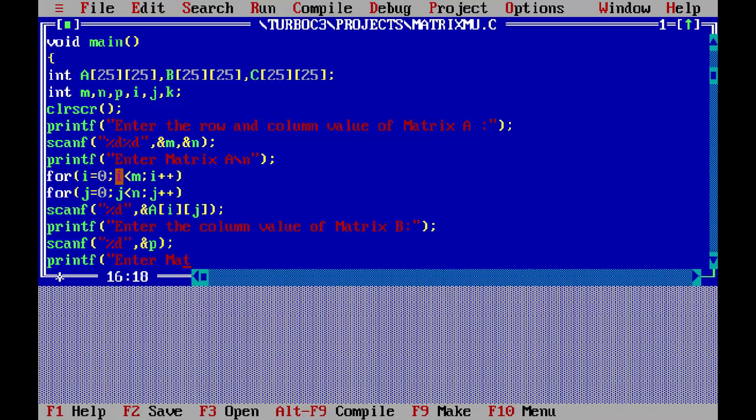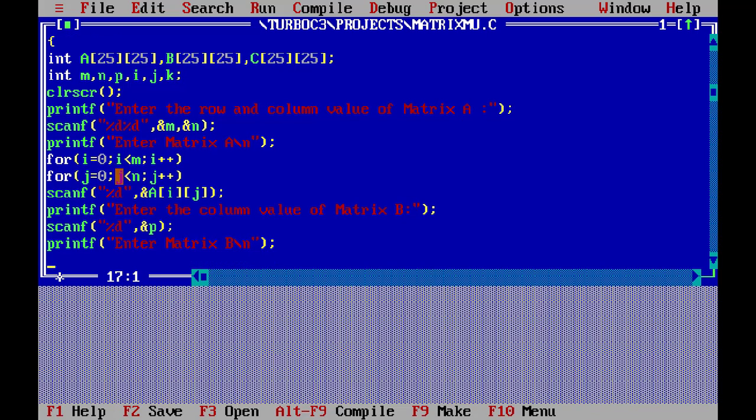Enter matrix B. As usual, you put a \n for a clearer input process. Next you start the loop with I varying from 0, I less than N. Here I am using N because N is the total number of rows in matrix B, and that same N is the total number of columns in matrix A.